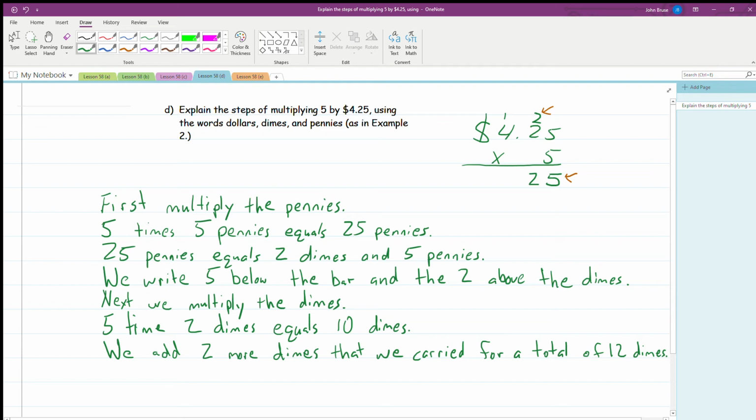Okay. Then on example 2, it says, since 22 dimes equals $2 and 2 dimes, we write a